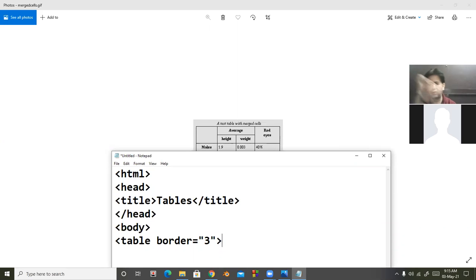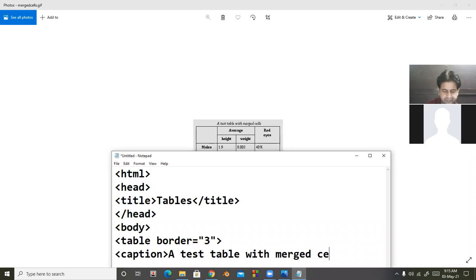So I will set the border because outlines are visible. Then caption. Caption of the table is a test table with merged cell. Then caption tag close.